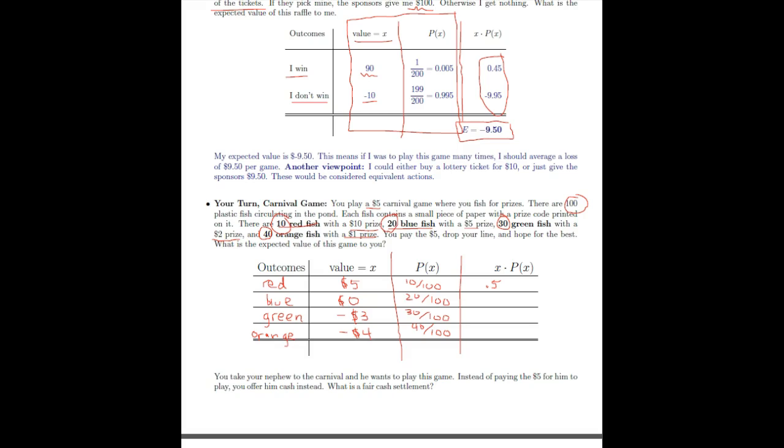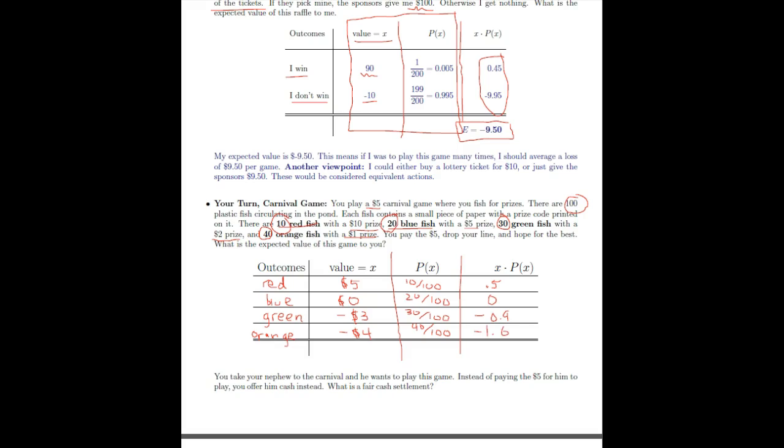For the blue fish, you don't get anything, so 0 times 20 out of 100 is just 0. For the green fish, we have -3 times 30 over 100. That's going to be -0.9. And for the orange fish, you get -4 value with a probability of 40 out of 100. So you multiply those and you'll get